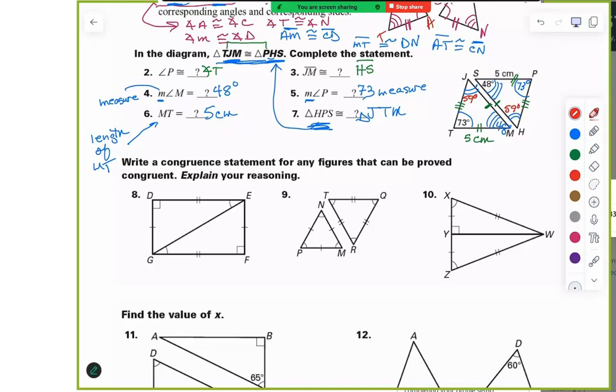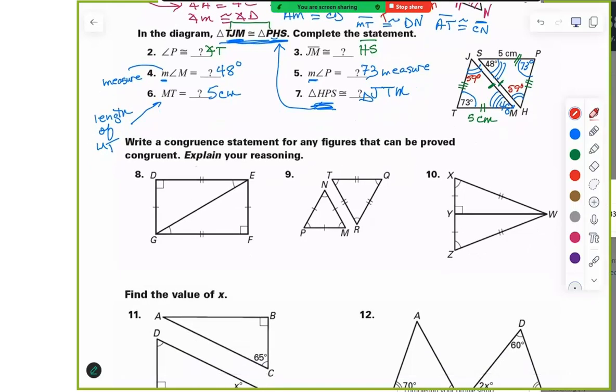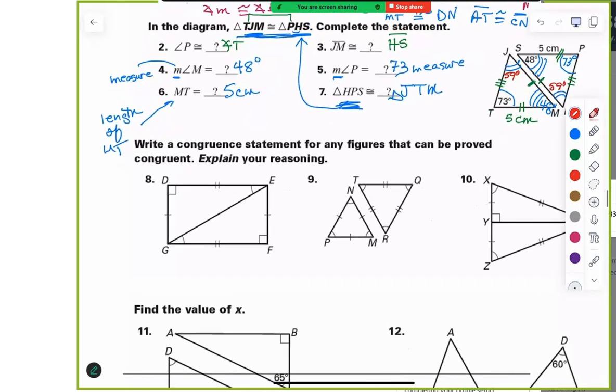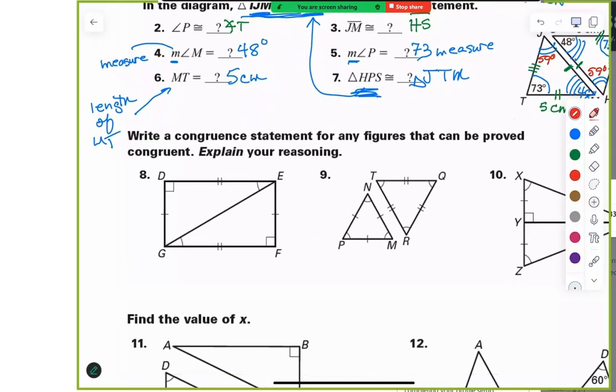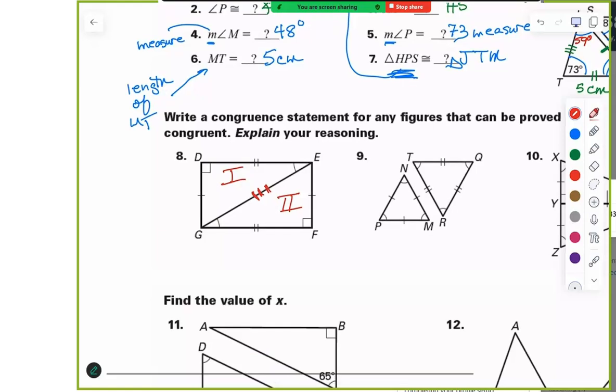Okay, write a congruence statement for any figures that can be proved congruent. Explain your reasoning. Okay, the other day we talked about the reflexive property, and this is where this comes in. This piece right here is common to both, so therefore you can mark it because it's going to be the same length whether it's in triangle 1 or triangle 2. So EG equals itself. So I'm looking for side, side, side,